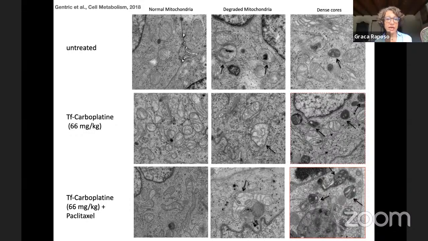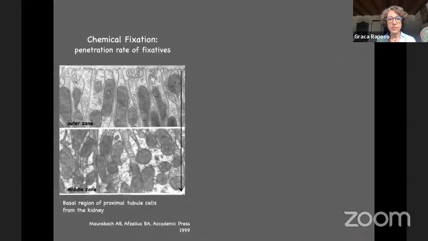So you have on one hand the normal mitochondria on your left, and then in the middle you see the effects that these agents have on the mitochondria. And again, we could do a statistical analysis that you can see in this paper that I've put here for reference.